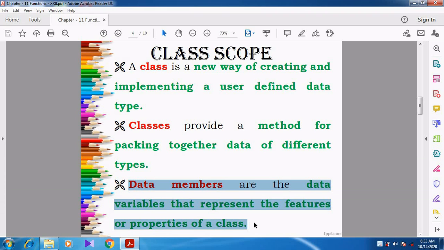Whenever we declare a variable inside the class, we call it a data member. Data members are the data variables that are used to represent the features or the properties of the class.